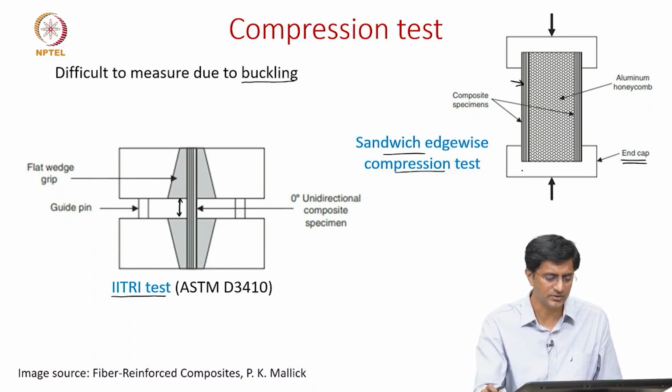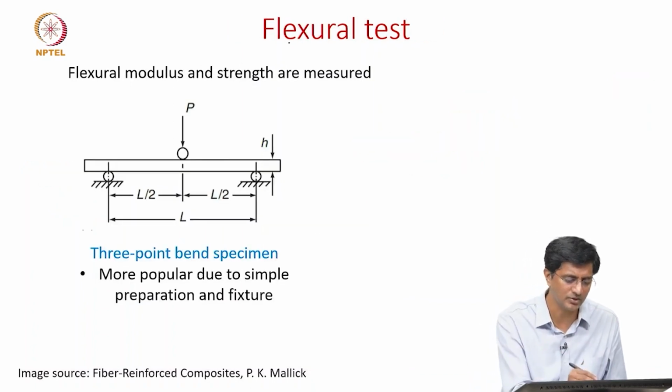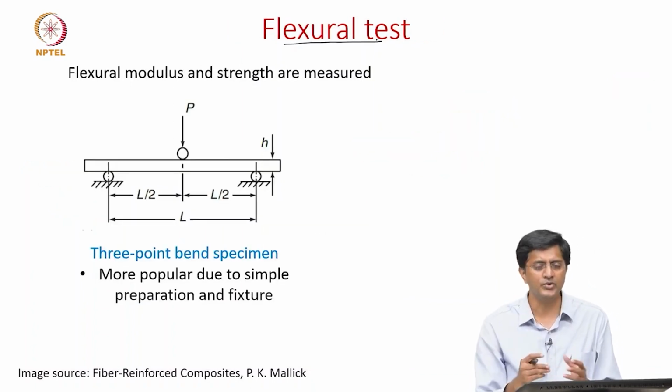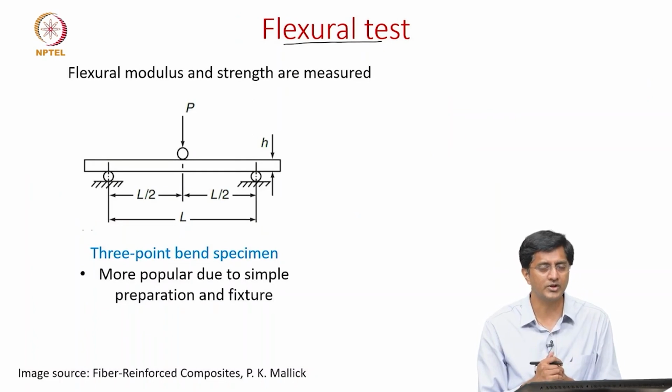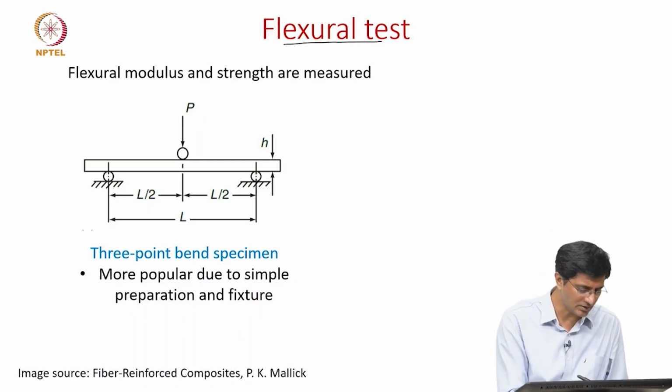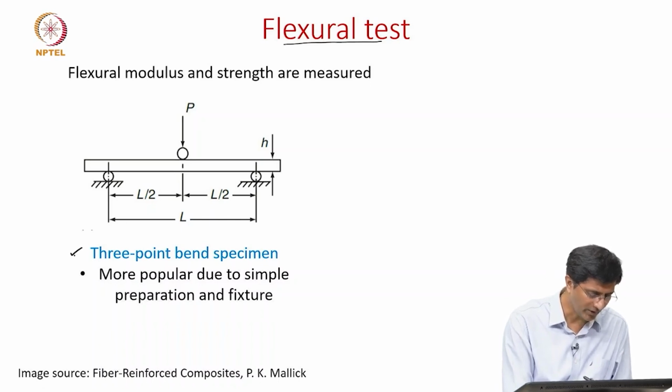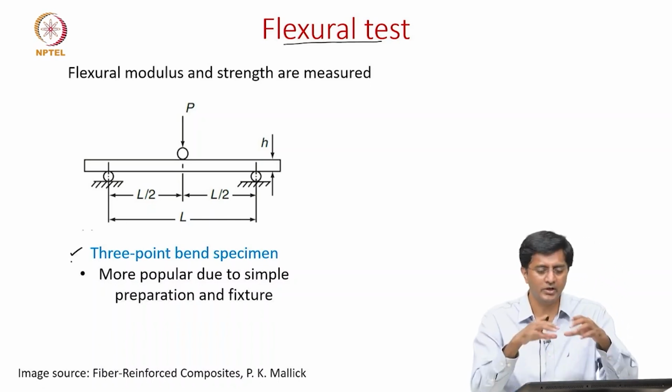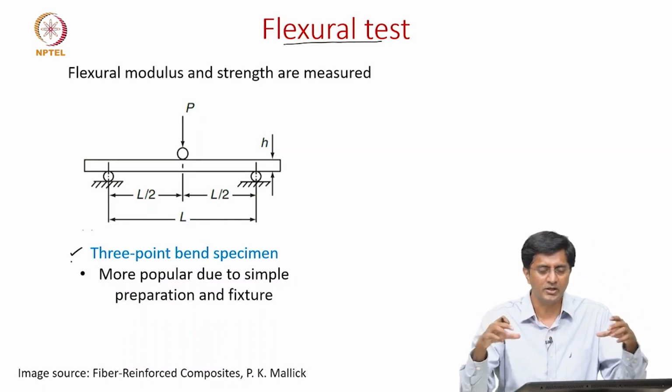So after this, now let's look at the flexural test. Actually, in composites, most often people go with the flexural test because these are very simple. The specimens are simple to prepare, as well as the test fixtures are also more straightforward. So usually it is done using a 3-point bend specimen, where you have a composite laminate in the form of